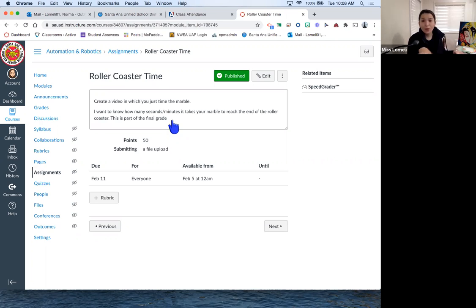This one, you don't have to say a word. All you have to do is videotape the marble going down. I'm looking for time. How long is your marble active in the roller coaster? Okay, that's what I'm looking for. And this one is just a simple,